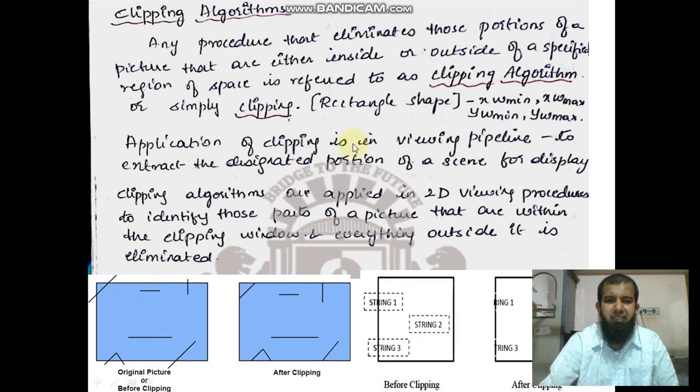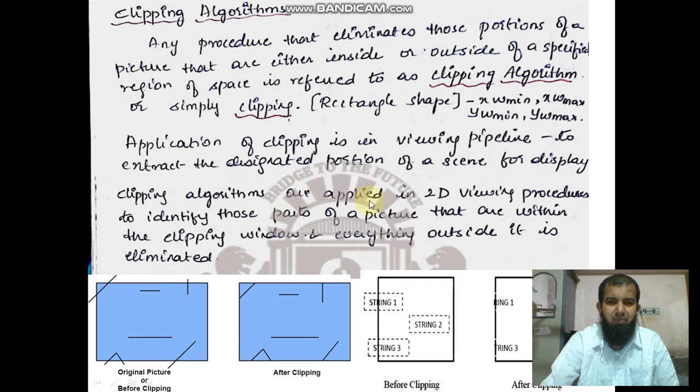What are the applications of clipping? Applications of clipping is in the viewing pipeline to extract the designated portion of a scene for display.